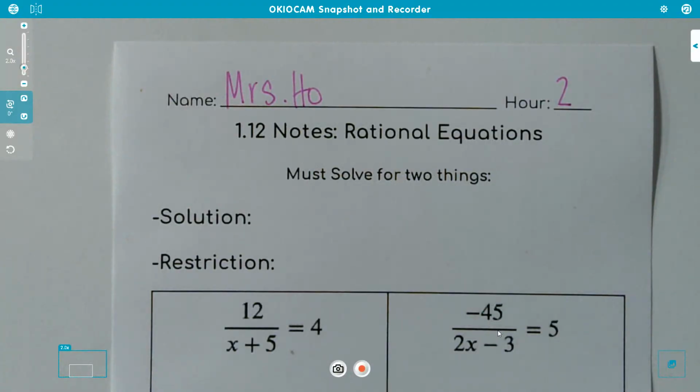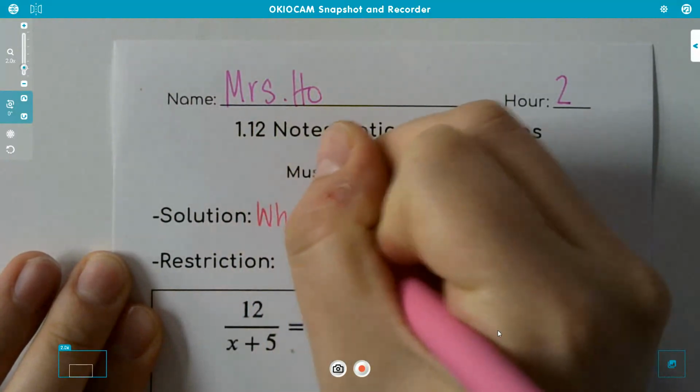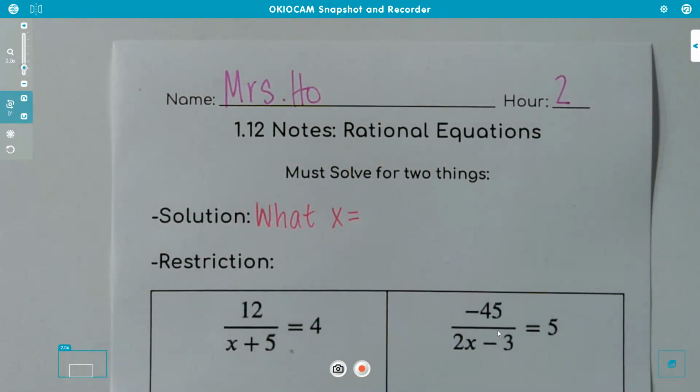Okay, with rational equations today, we have to solve for two things. The first thing that we're going to solve for is what we are used to solving for, which is our solution. So our solution is what x equals. So we solve for x. Yay. The other thing that we are going to have to solve for today, and the thing that's new about rational